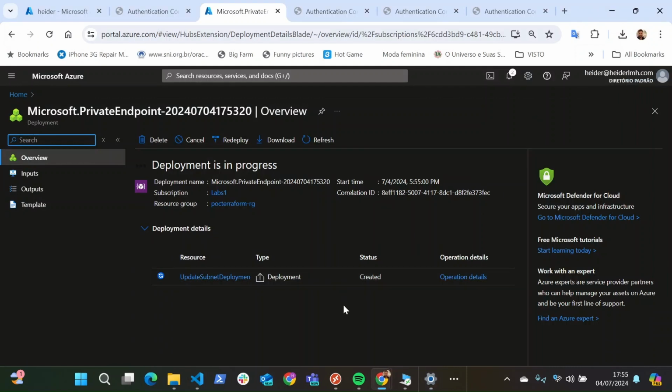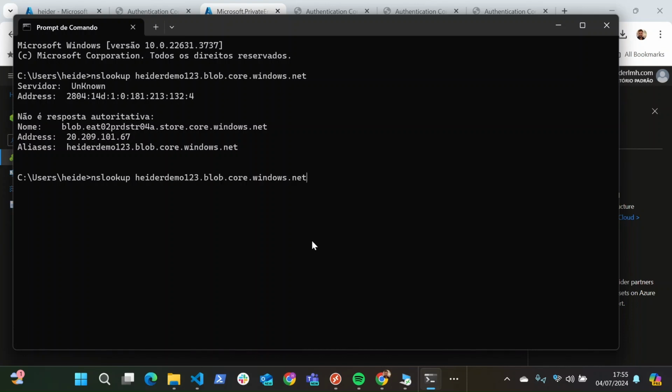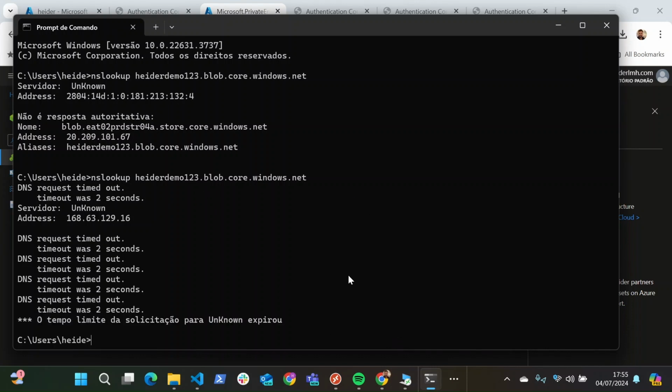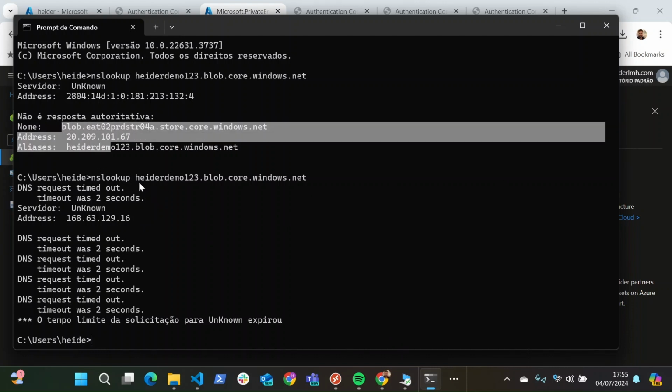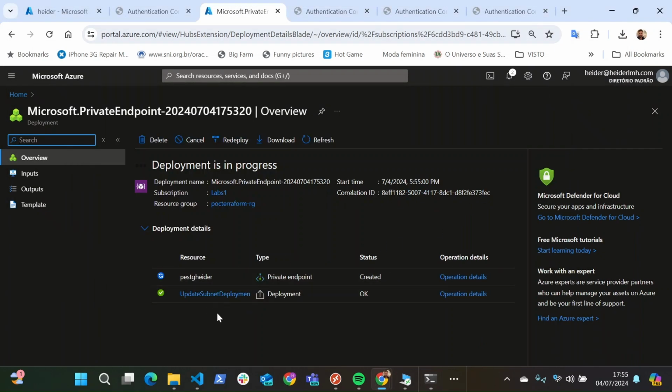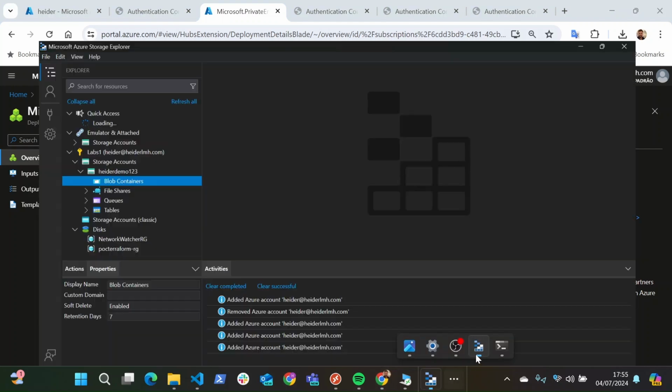It's connected. Even though if I try to do a lookup again, now you see I'm passing through the VPN, so I'm connecting into our Azure network structure there, and I couldn't resolve this name here. Yeah, you see, because you are connecting to the VPN. But let's finish this private endpoint configuration, and we will try to connect